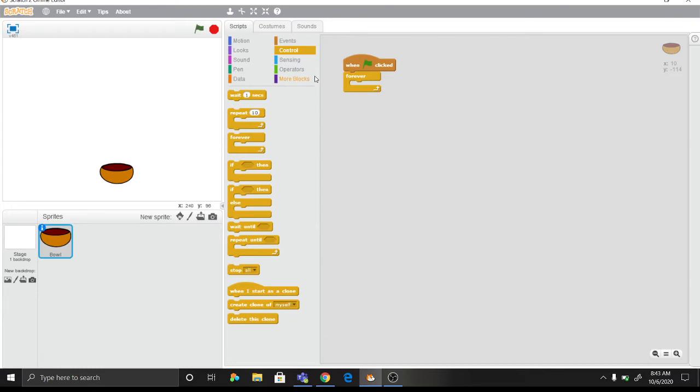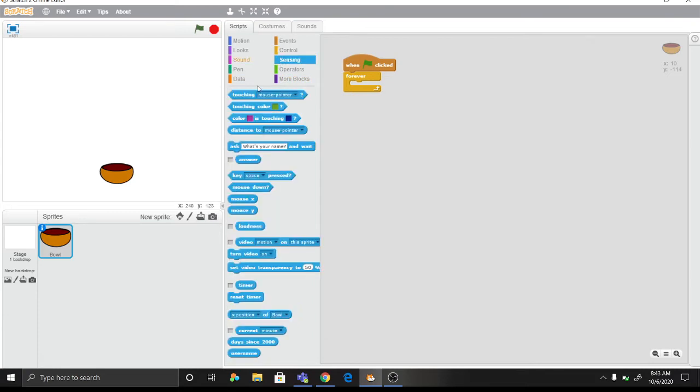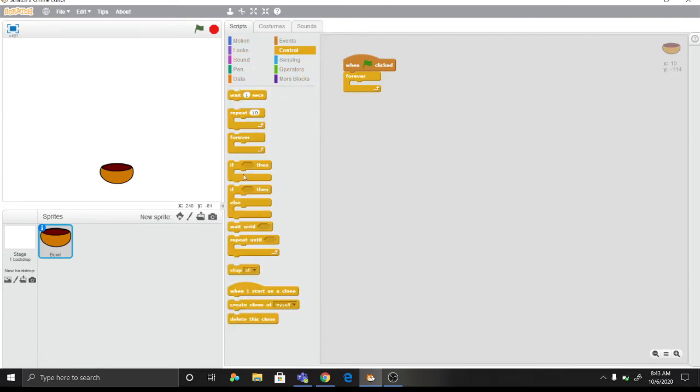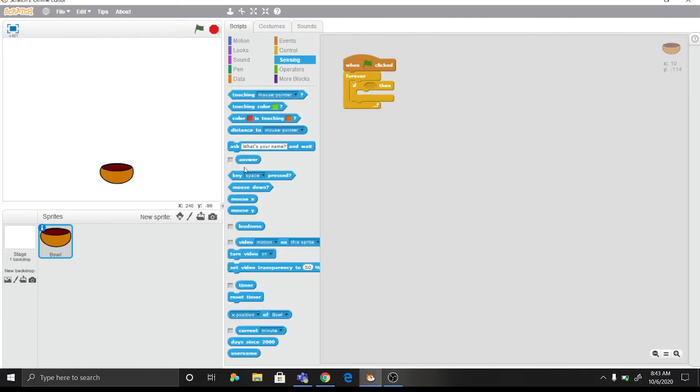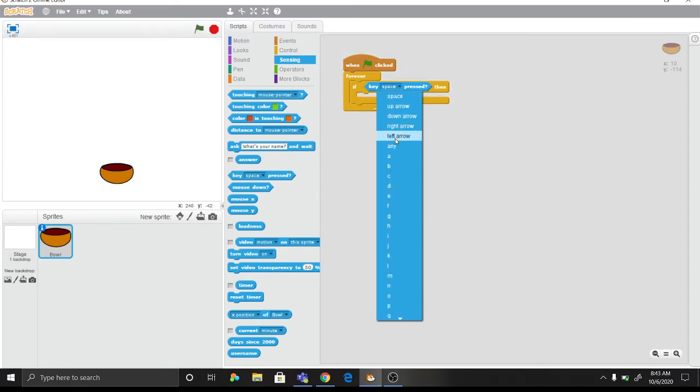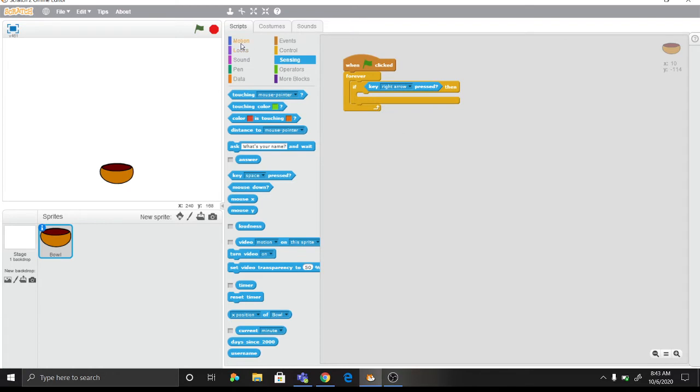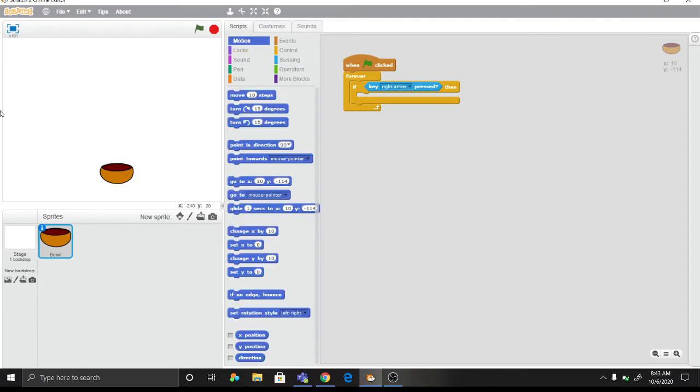This is fine. And forever, if key right arrow pressed,